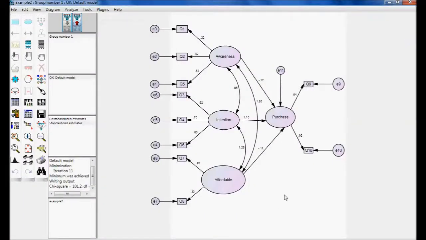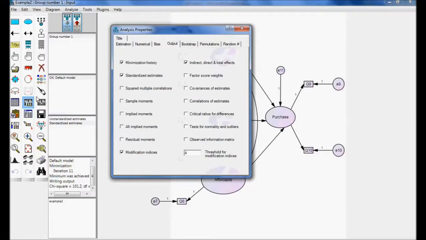In simple words, I want to do some modification in this model and make my model fit. To do this, I am going to use modification indices. I'll show the process of how to go for modification indices. Let me go to analysis properties.